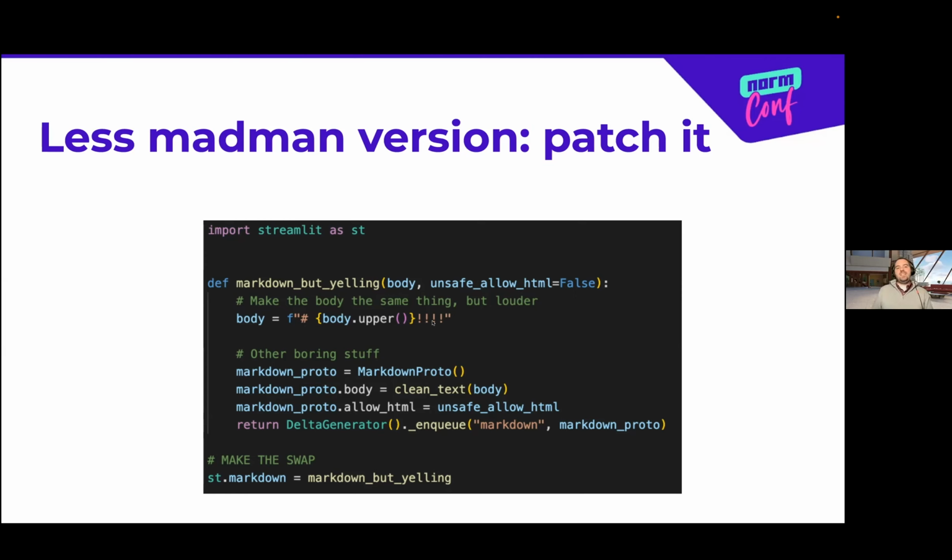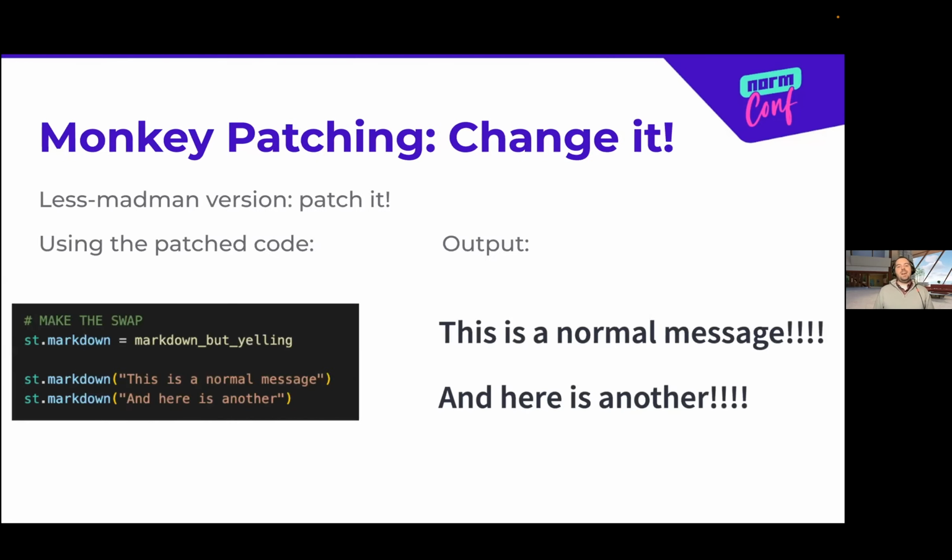The main thing is this line here, and now I can actually replace the old function with my new one by just declaring it to be. This is now going to be this, and like magic, it just changes, and everything is fine, and now I can use it, and it works the way it should work, which is every time I write something, it yells it out in title in H1 with lots of exclamations. So this is obviously an incredibly useful example, but you can even do more things with monkey patching, and I'll give you another example later.